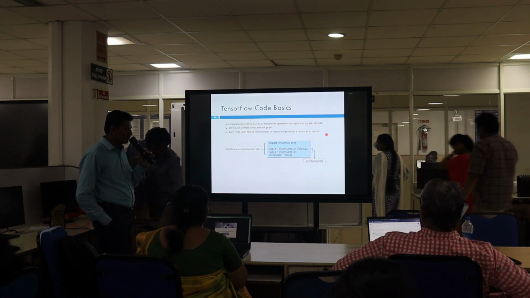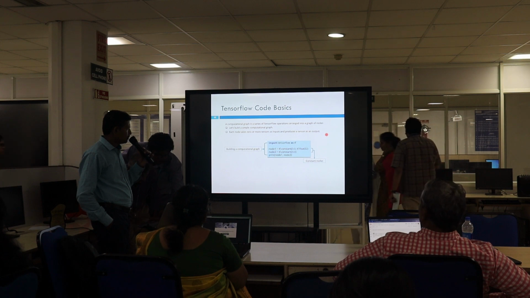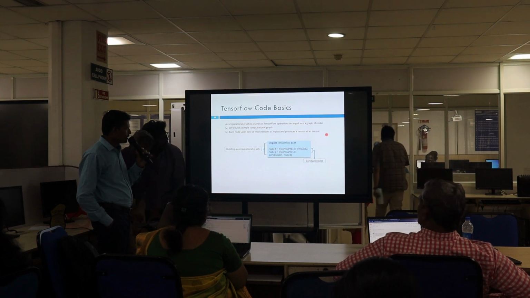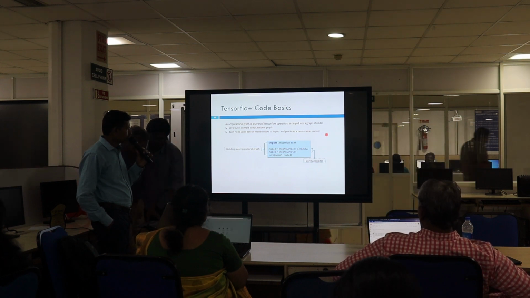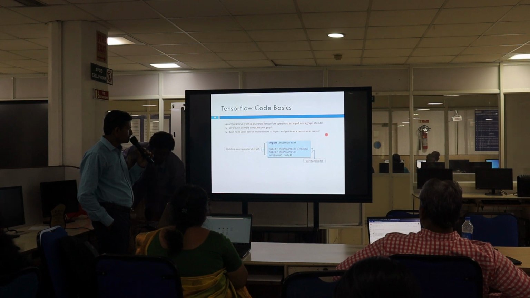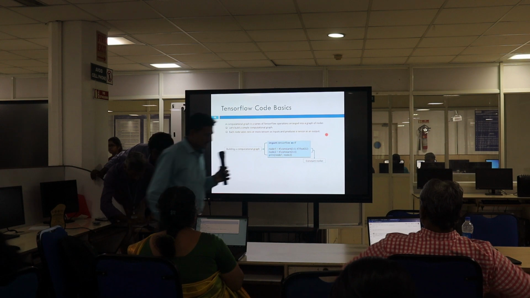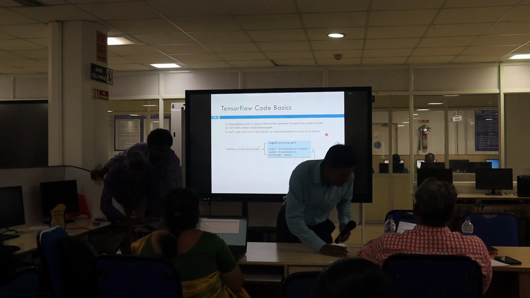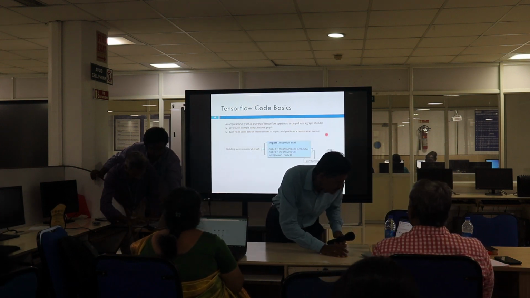What is the shape here, sir? Shape of the output you are getting? Yeah, I got the output as tf.Tensor 3.0, comma, shape equal to open and close brackets, calling shape here.